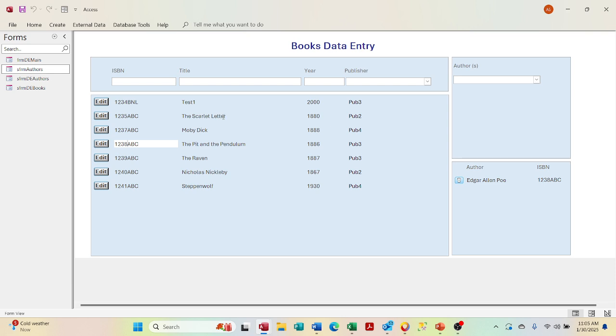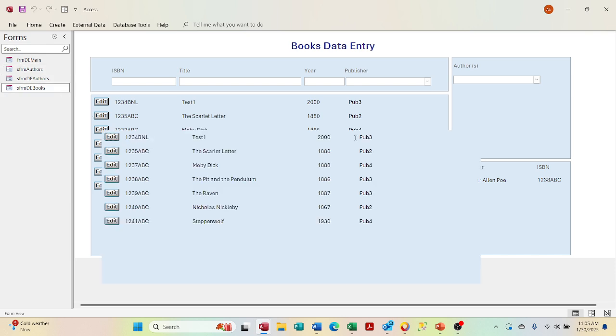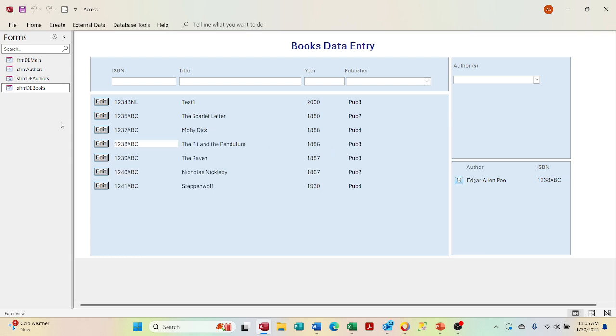So here's the point of it. This author should just be an authors. This DE author should be an authors. Now this one here should be books, not DE books. So I'm going to have to look at this, and what we're going to have to do is, if we change it, let us look at our queries. I think we have to only worry about